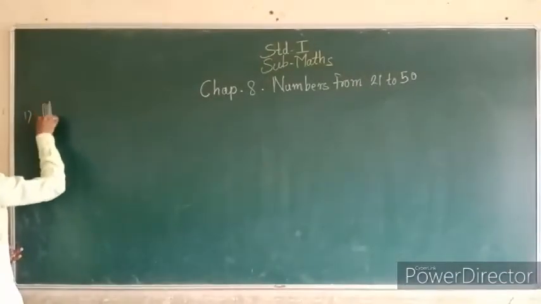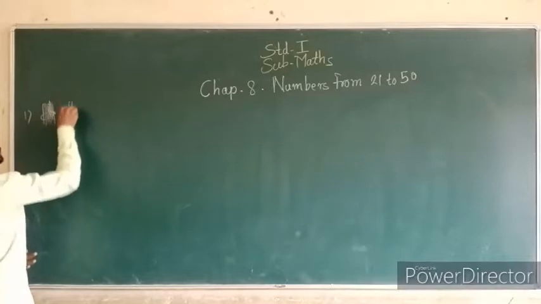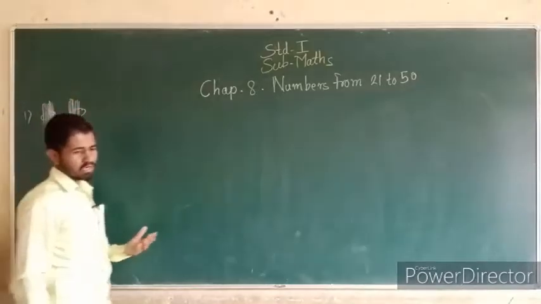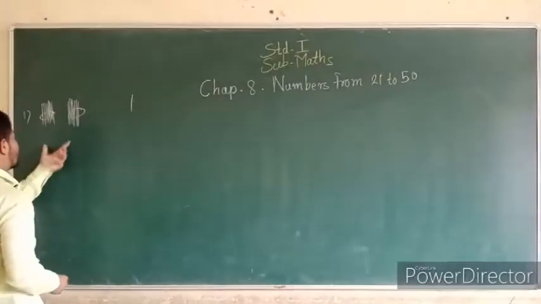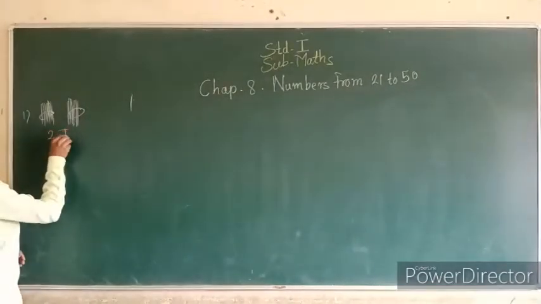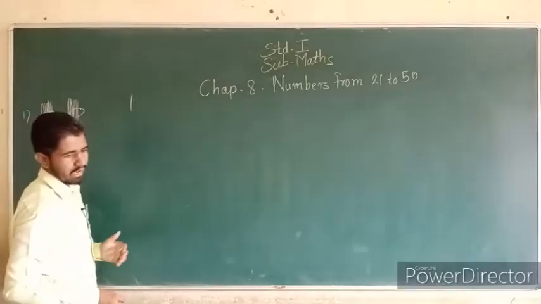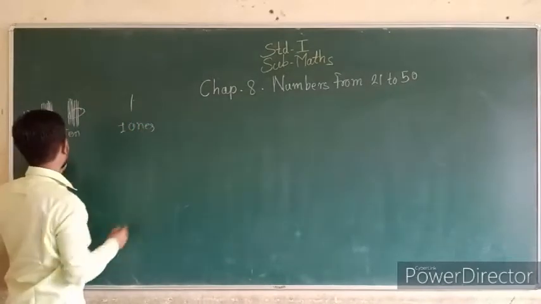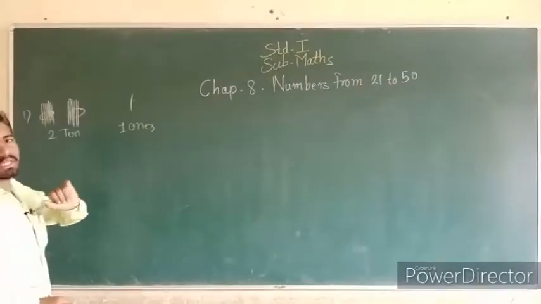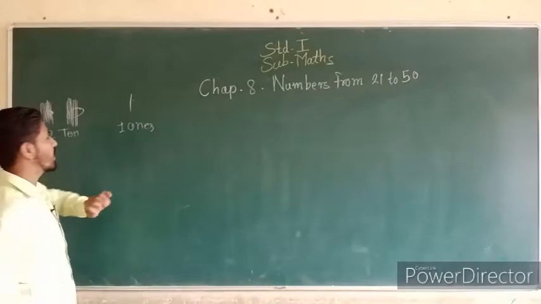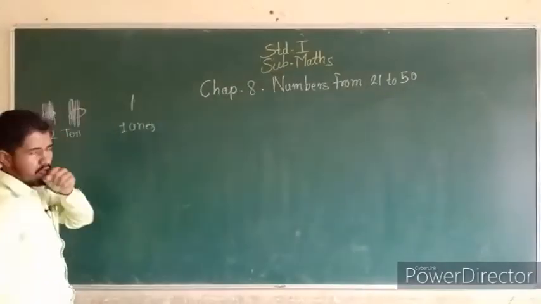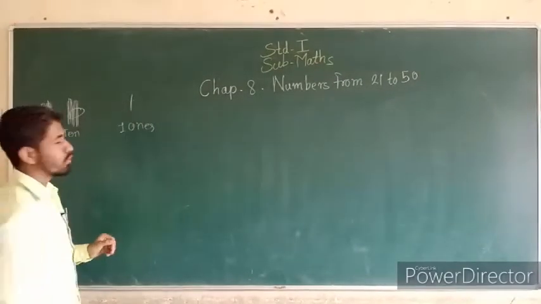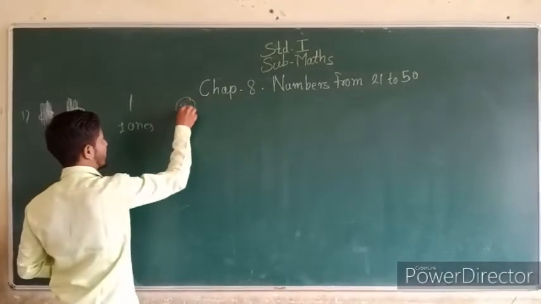यहाँ पे 10 की 2 बंडल्स हैं. 1 2 3 4 5 6 7 8 9 10. 1 2 3 4 5 6 7 8 9 10. और वहाँ पे हमें वर्ड्स आर देयर 1 1. सो यहाँ पे क्या लिखा है? 2 10 और यहाँ पे लिखा है 1 1. 2 10 का मतलब होता है 10 के कितने बंडल हैं? 2 बंडल हैं. और 1 कितने हैं? 1 है. तो 10 plus 10 20 plus 1 21. So here we write 21.